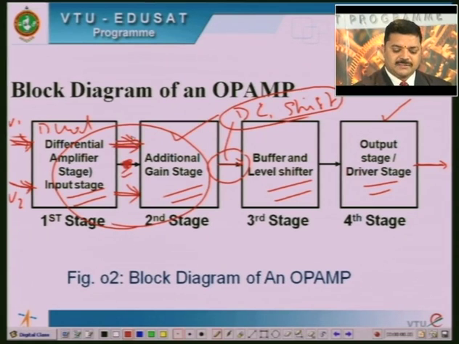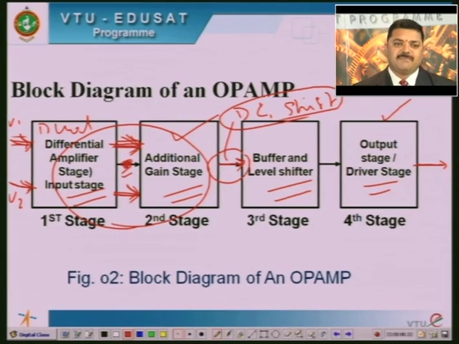It gives 2 signals like this, and these 2 signals are given to the additional gain stage, which is also a dual input unbalanced output differential amplifier. Unbalanced output means it has only one output terminal. What is the function of the additional gain stage? The function of the additional gain stage is to provide additional gain to the output signal of the first stage. Due to this amplification, as we discussed, the operational amplifier can amplify both AC as well as DC signals,